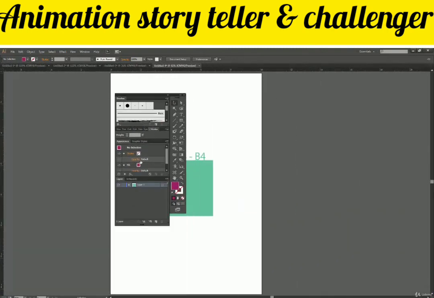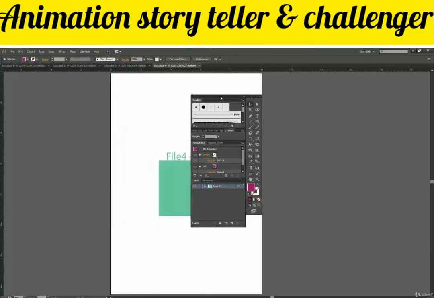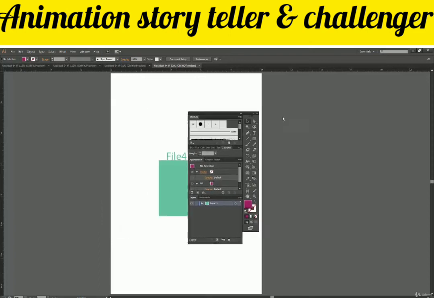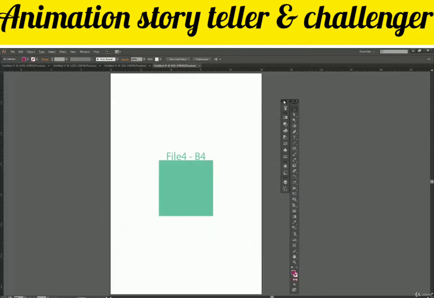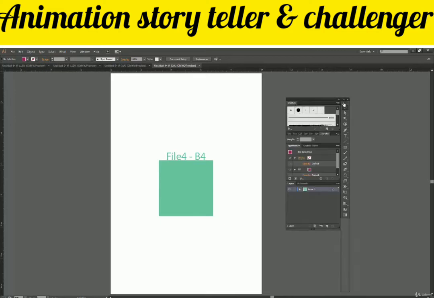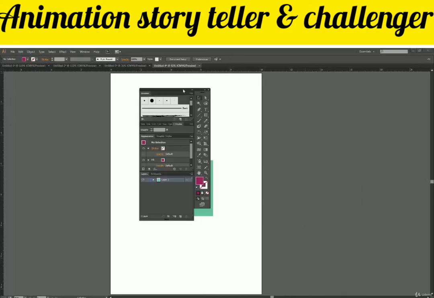Okay, so here there is one more thing we have done. Accidentally we have grouped the panel bar and toolbar together.